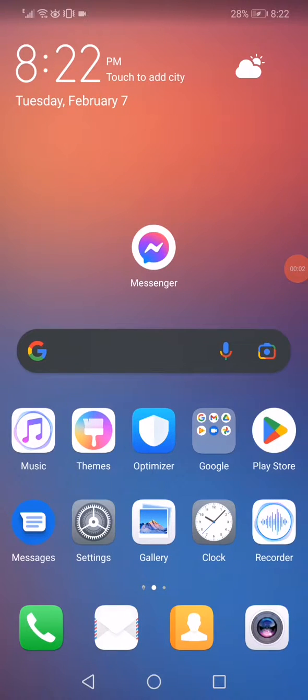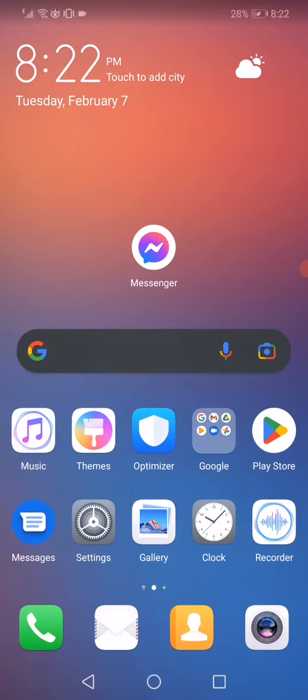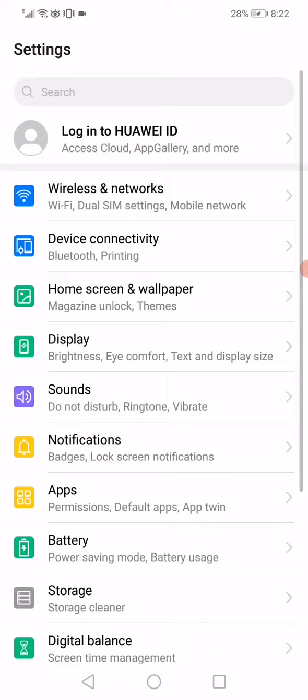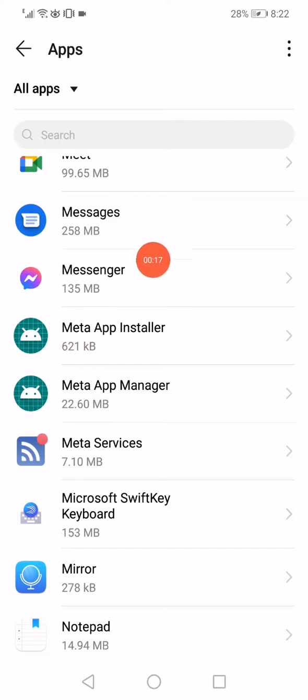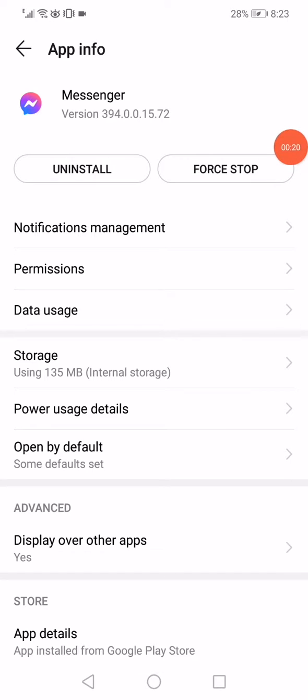In today's short quick video, I'm going to show you how to fix Facebook Messenger call ended problem. First thing guys you want to do is go to the settings on your phone and then go to the apps manager. When you open the apps, go to the messenger right here, click on force stop, and after that